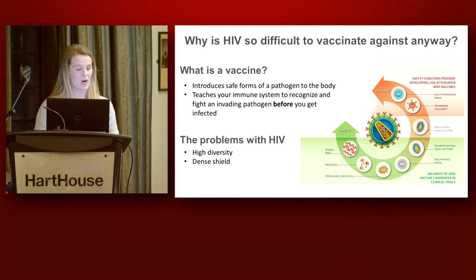And then on top of those problems, there are several problems that are specific to HIV. As you might know, HIV is highly variable, it is very diverse, and it's really hard to make a vaccine that would be able to combat all the different types of HIV that we see. And then on top of that, HIV is actually surrounded with a shield of glycans, or sugars, that protect it from recognition, as well as protect it from being targeted effectively by our immune system. So this makes it a really tough target for a vaccine.